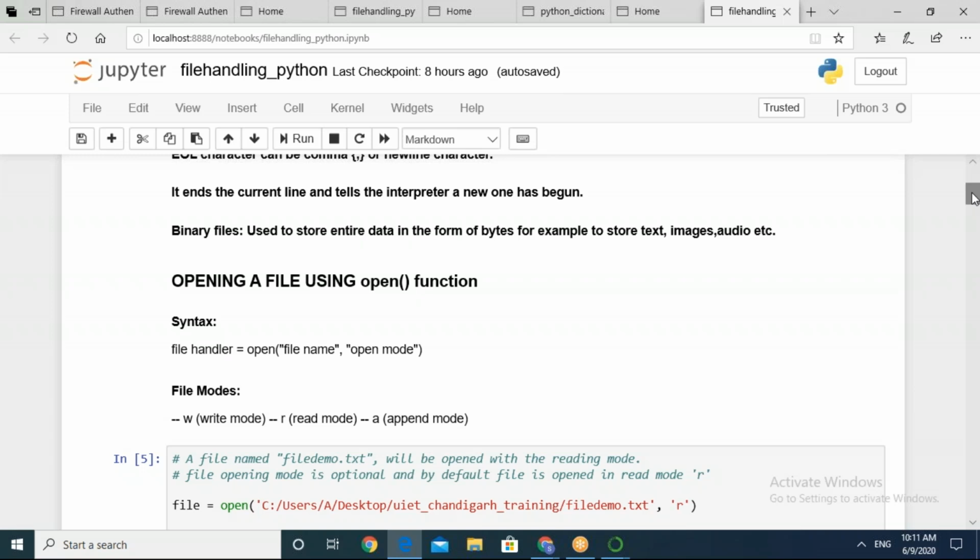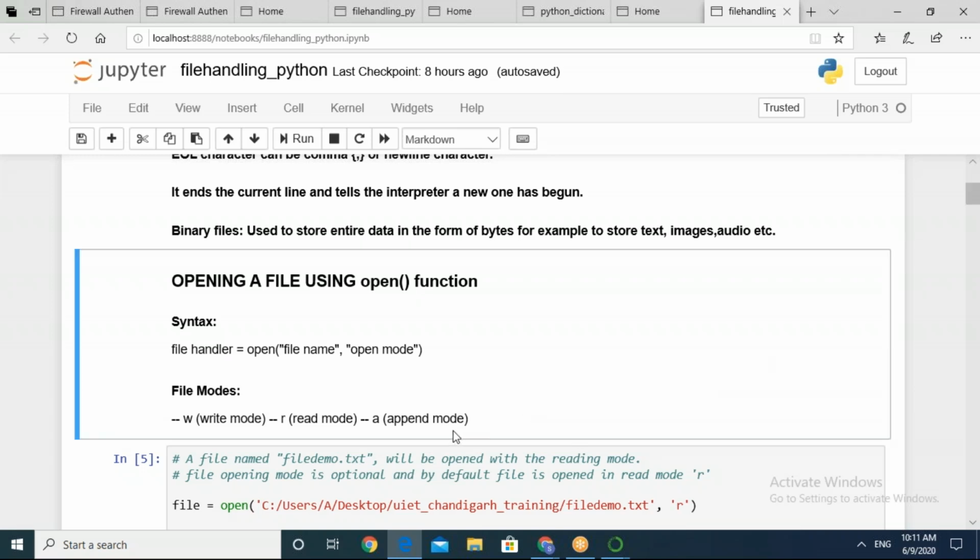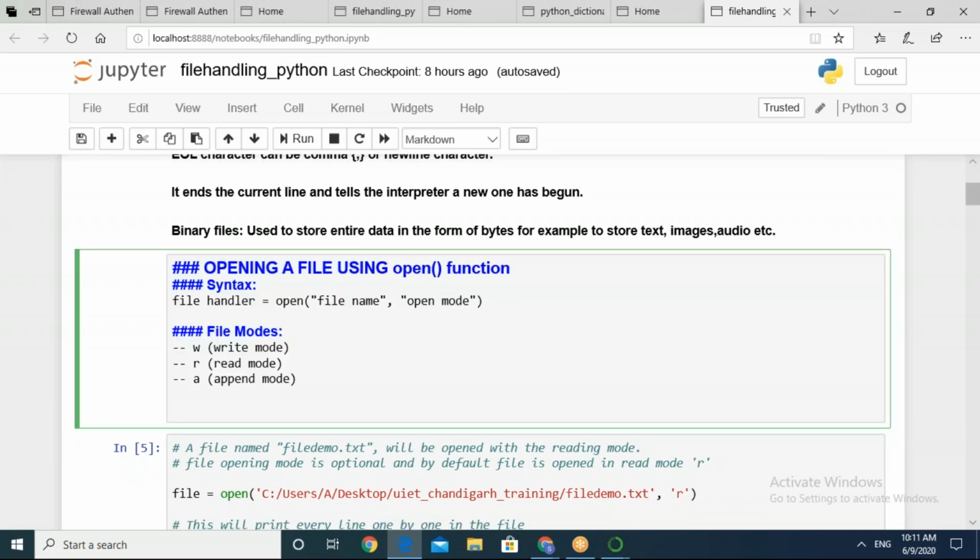Once you have created a file, different kinds of operations are needed. Here I have mentioned the three basic operations which are utmost needed: the read operation, the write operation, and the append operation, or when we want to seek some information, looking for particular information.